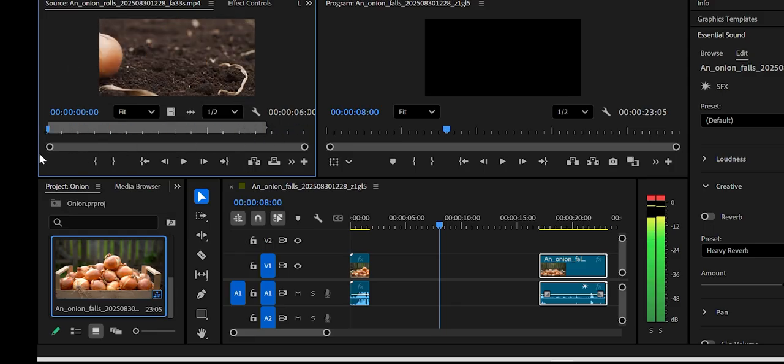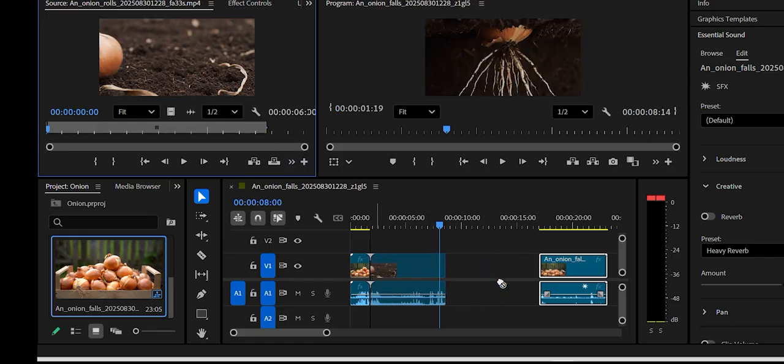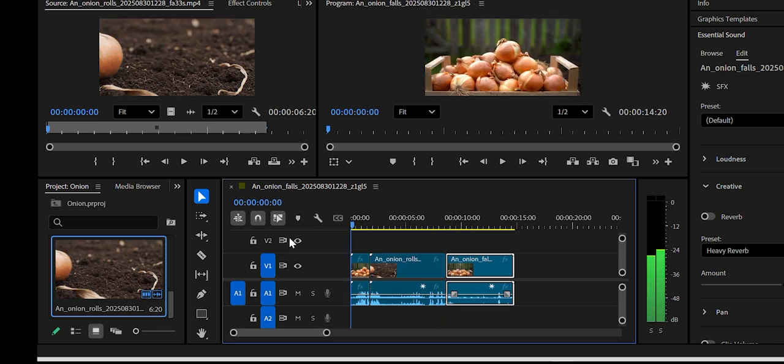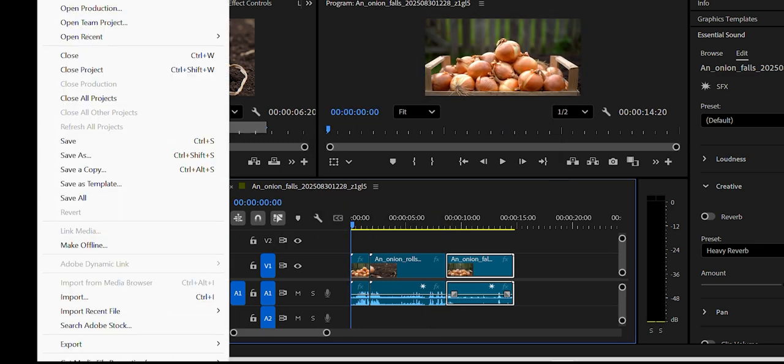Maybe there. My start point is there. I use I and O on my keyboard to mark the in point and the out point. And I just drag it down to here. Drag this to connect, so it's all just one video. Save it, and then file, export,